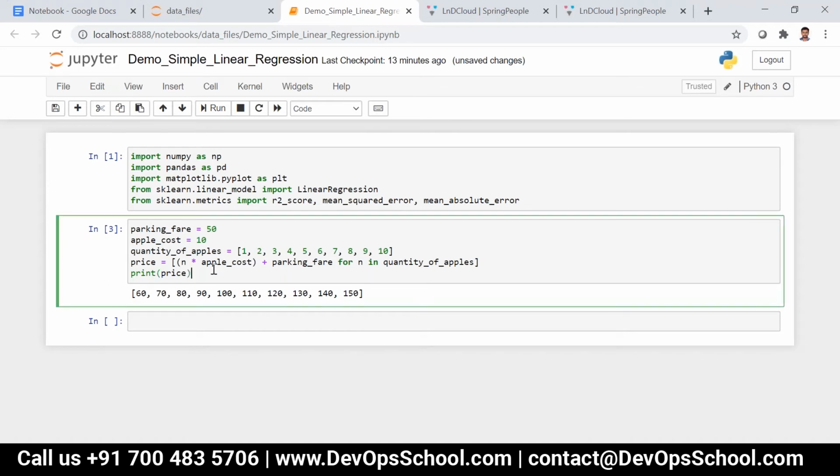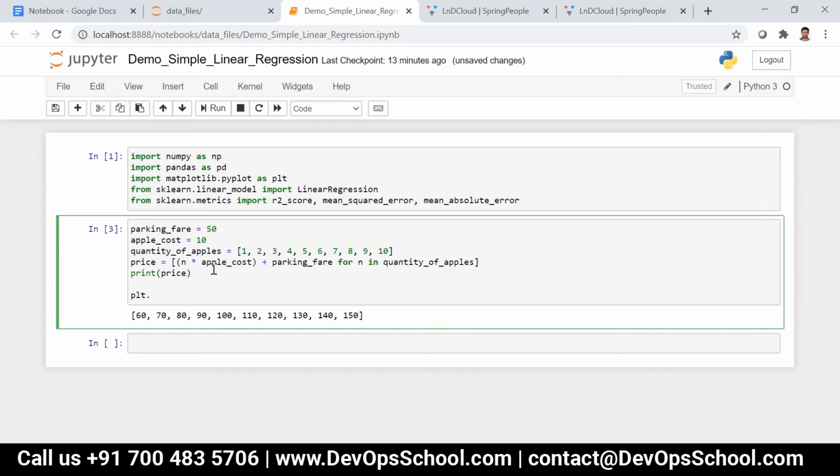If I plot this, plt.plot, with the quantity of apples, comma price, with a red dash, and then quantity of apples, comma price, comma go.